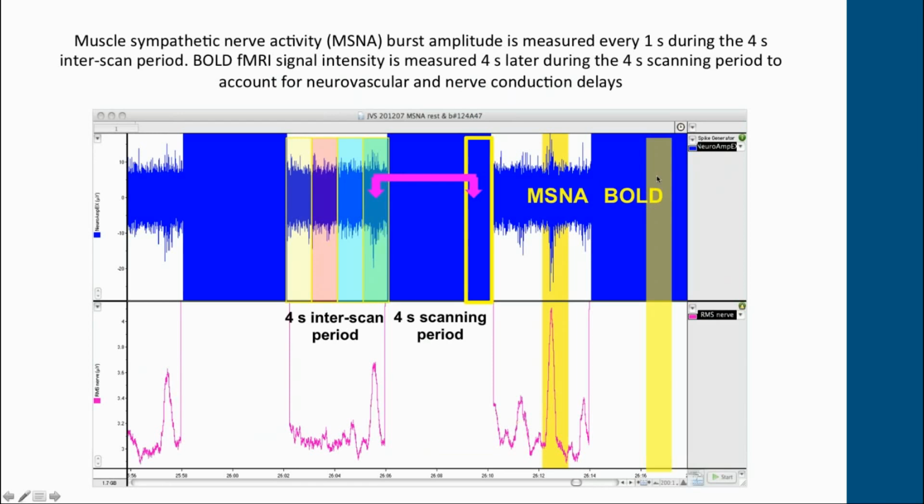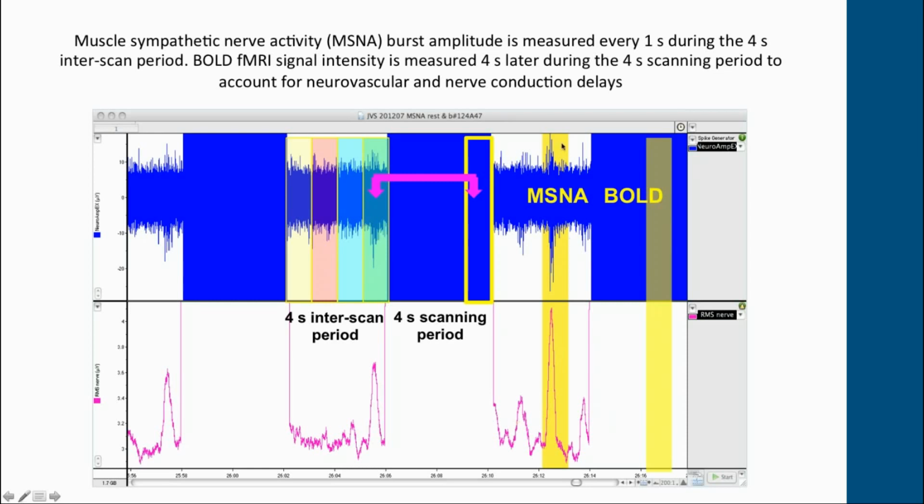An electrical event in the brain, a neural event, is followed about 5 seconds later by the blood oxygen level dependent increase in signal intensity. Because neurons, when they're active, require more oxygen, which is delivered by the blood, and because blood contains hemoglobin, which carries the oxygen, and hemoglobin contains iron, it has a paramagnetic quality. I won't go into the physics of it. Suffice to say that there is a BOLD signal that is used as a proxy marker of neural activity in the brain.